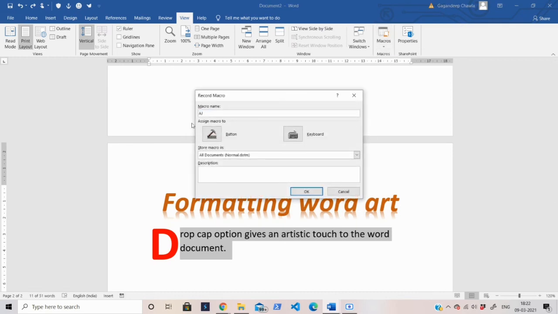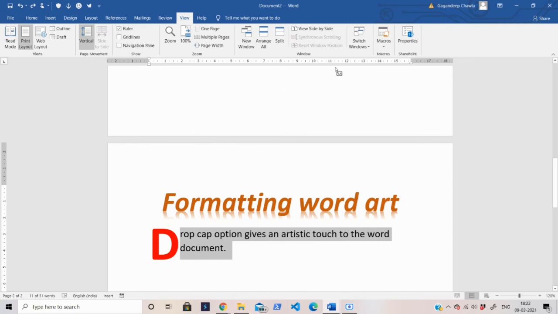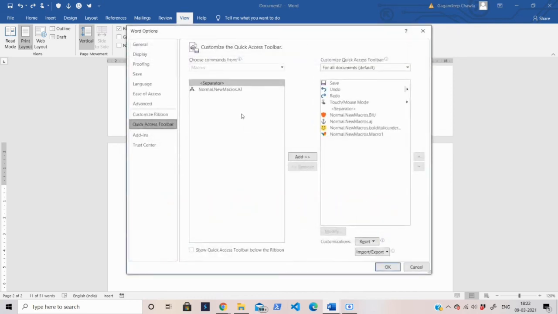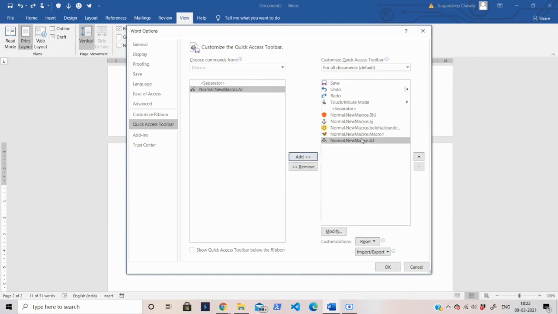Now give the name AJ, click on the Button. Then the Word Options dialog box appears. Here you have to click on this Normal.NewMacros.AJ, which I have given. Click on the Add option. You can see that the AJ macro has been assigned to this particular group. Then click on the Modify option.